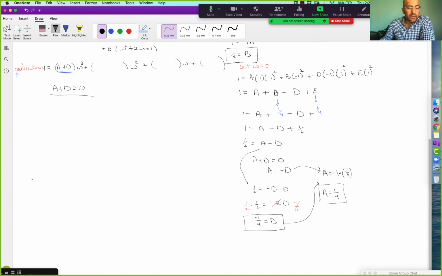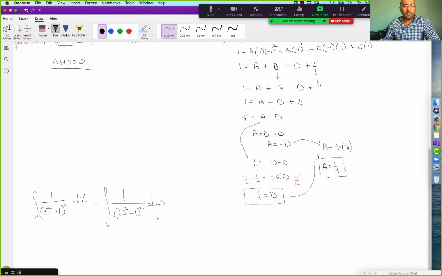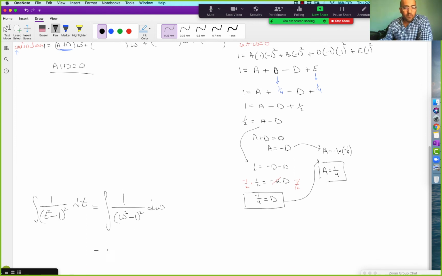Okay, so we had the integral of 1 over (t squared minus 1) squared dt. And then I said, I don't really like to work with t's, so I changed it over to w. Let's rewrite this as the integral of 1 over (w squared minus 1) squared dw. So then this is now going to be equal to